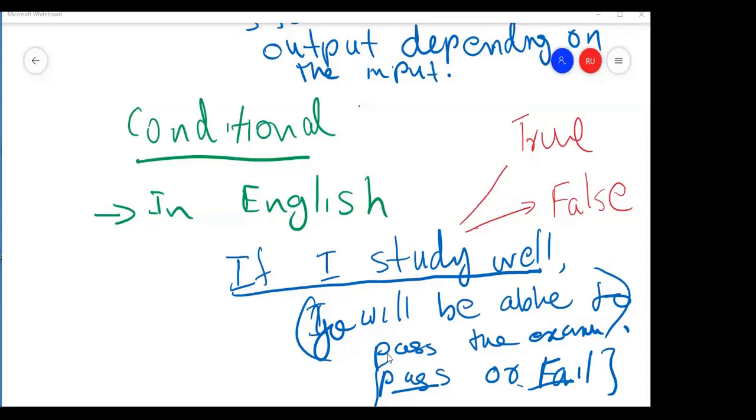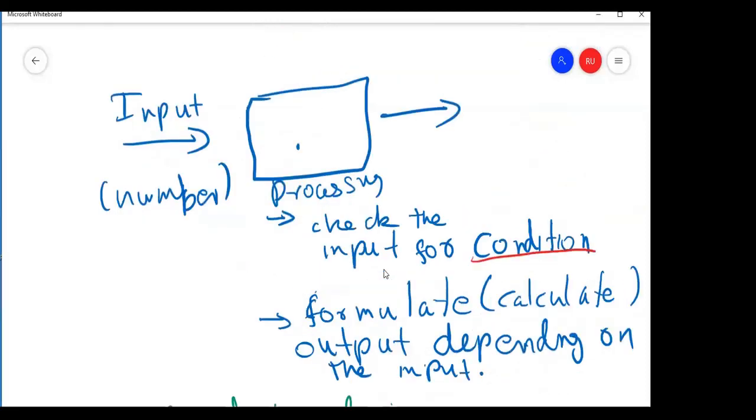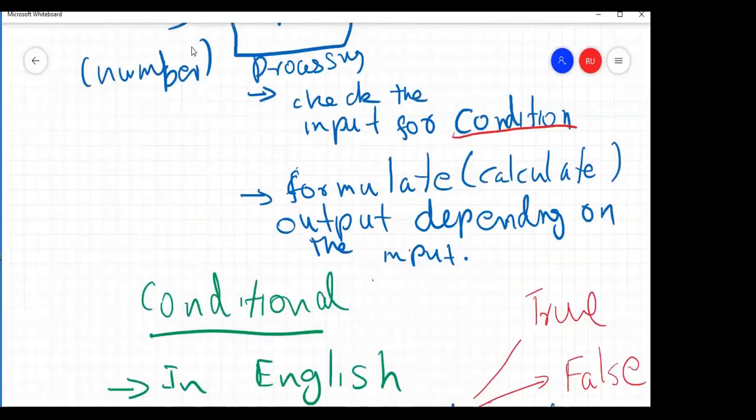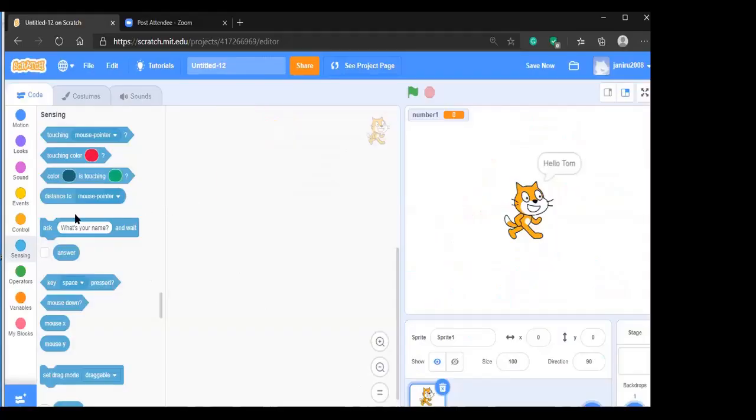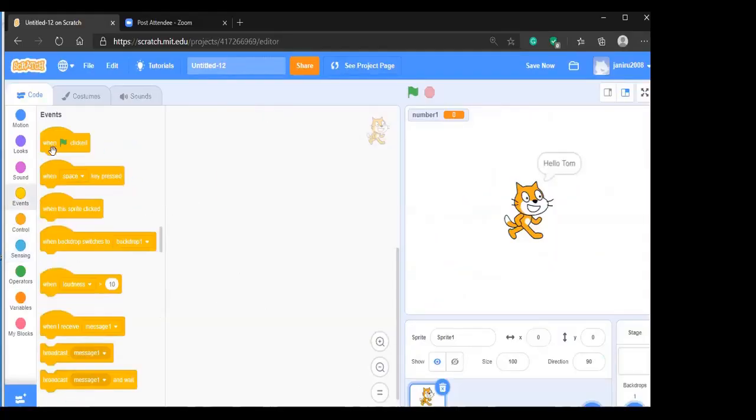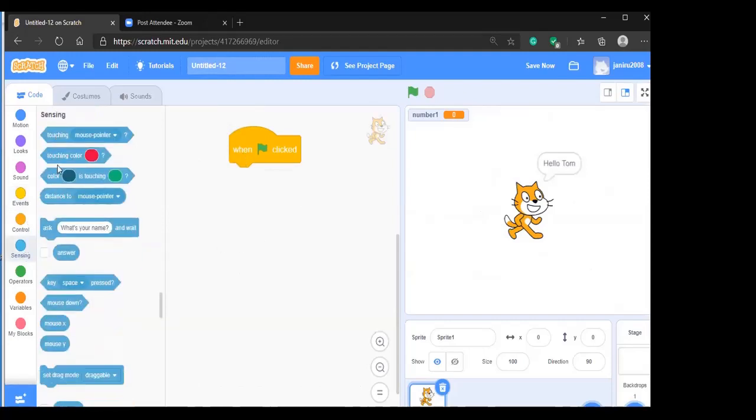Now we want to get the input, check whether the number is greater than 50, and then print the output according to that. Start the program. Now we want to input something, ask a question.